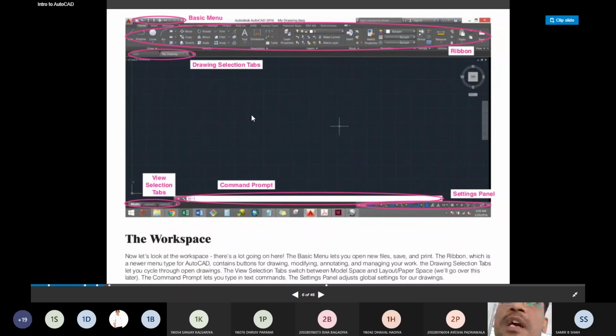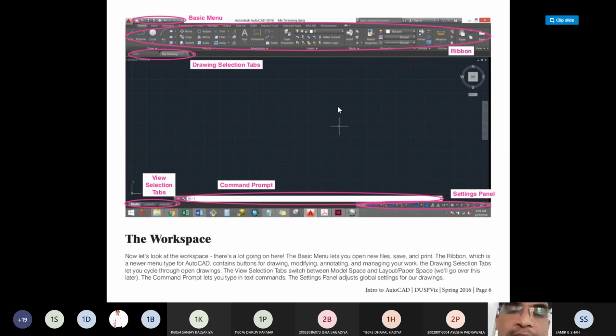Now some tools and the pink line show some workspace where commands and all kinds of instructions are provided, and we have to play with all these instructions and workspace.